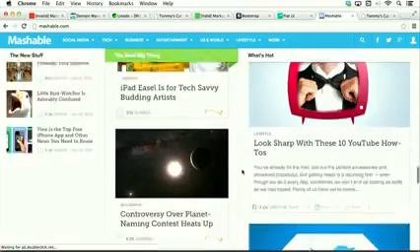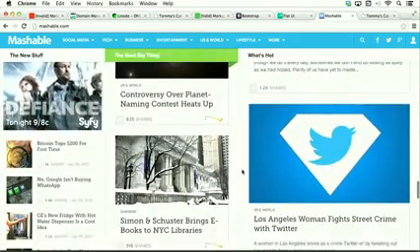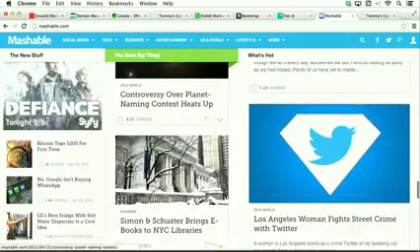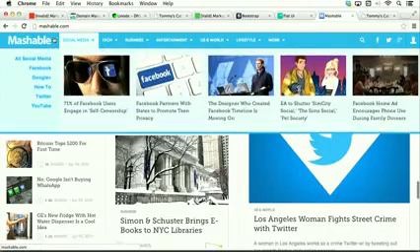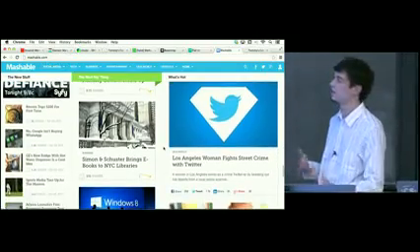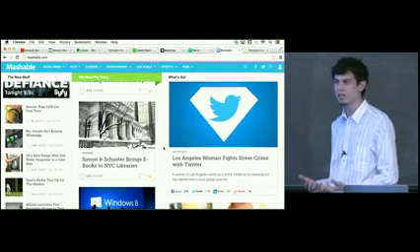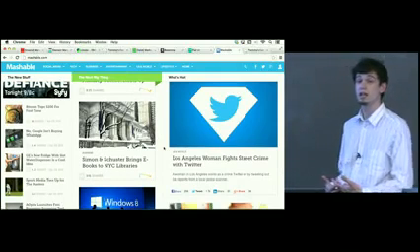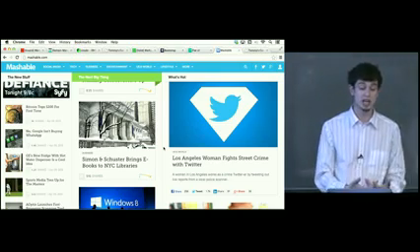So the web page I want to create using my knowledge of CSS is this page here, Mashable. This is just kind of a nice news site that I like to read. I like a couple of things about this site. I really like this nav bar at the top, and I also like these blocks of content here. I just like the way that these are organized. And so what I'd like to do is recreate these effects using CSS on my